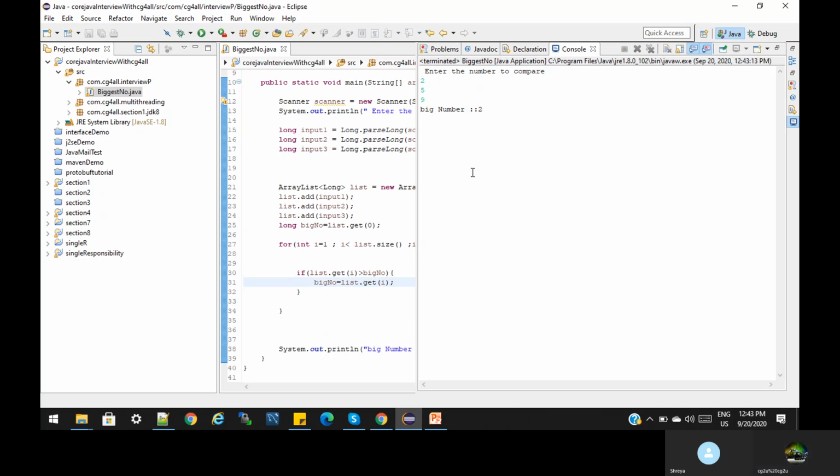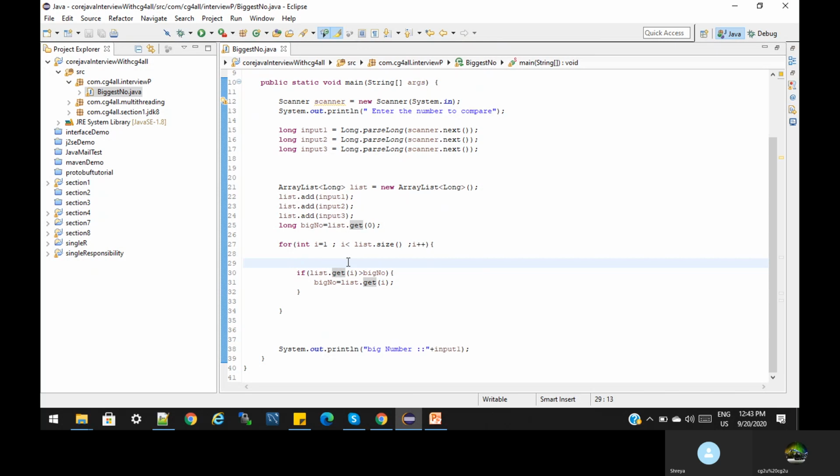2, 5, 9. This is taking the small number. This is not iterated. One second. If list dot get of i is greater than big number, then big number is list dot get of i.